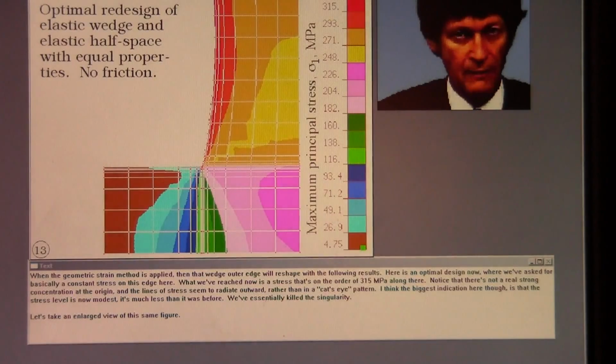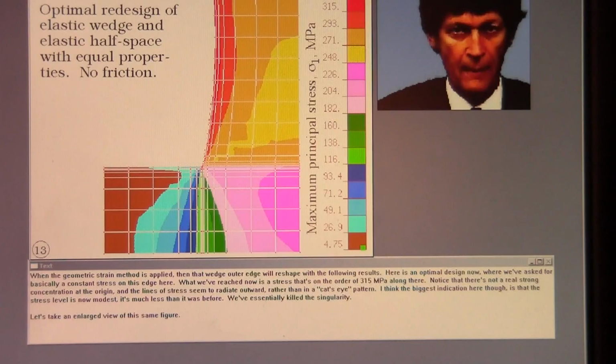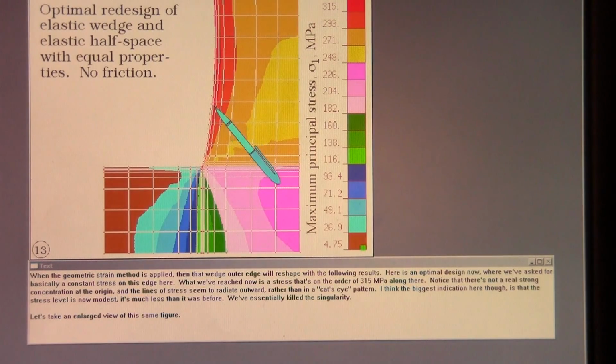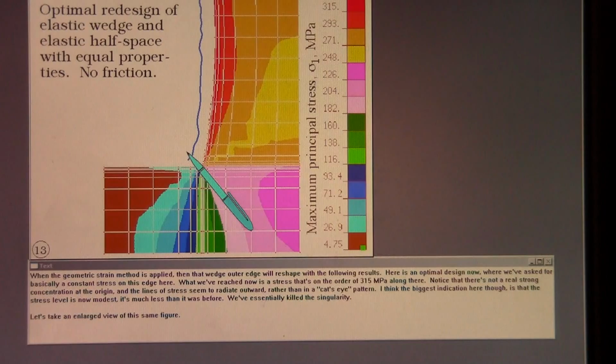When the geometric strain method is applied, then that wedge outer edge will reshape with the following results. Here is an optimal design now where we've asked for basically a constant stress along this edge here. What we've reached now is a stress that's on the order of 315 megapascals along there. Notice that there's not a real strong concentration at the origin, and the lines of stress seem to radiate outward